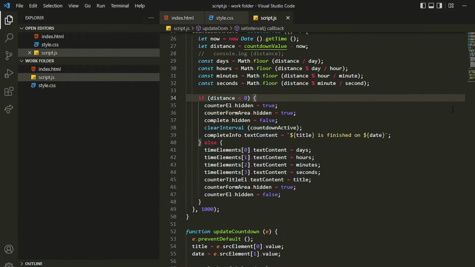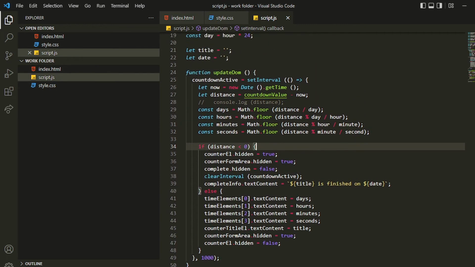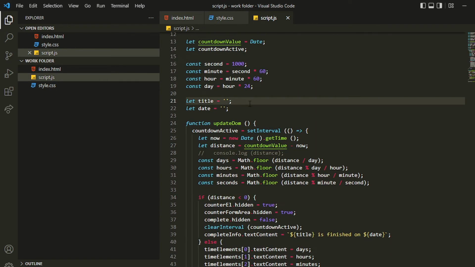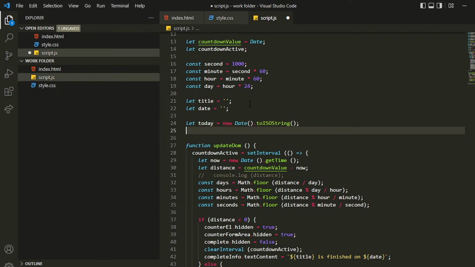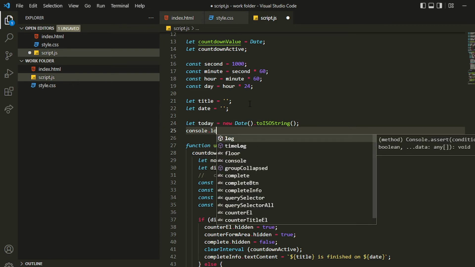For doing that we need to first grab the today element, so we'll be creating one variable called today. Inside that we'll be storing today's date, or whenever this script is running, that day's date. So first we'll be writing new Date, and then we have to write toISOString. What this will do is, let me first show you this one. If I console log today,